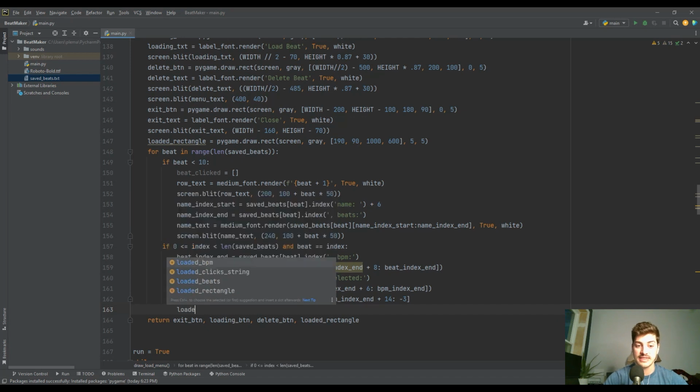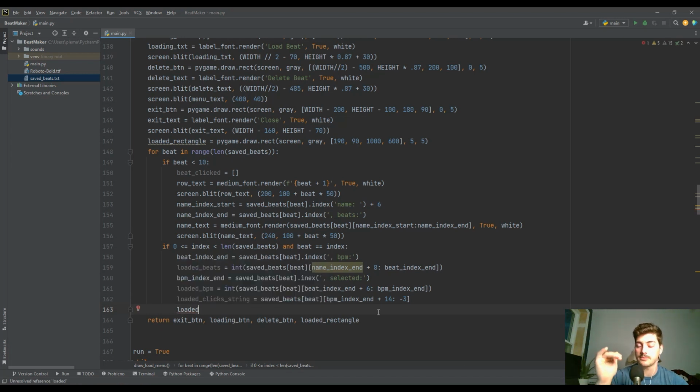Now we have to split that string into a list, and to do that we're going to use the built-in split function, but we have to tell it what to separate each list item on. So we're going to split it. We go down to loaded clicks, and we are going to call this now rows, because we have to split this twice, right? It's currently just one long string. We need to split it into a list of strings, and then we have to split each string into actual ones and negative ones. So to do that, we create this intermediate list, which will be loaded clicks rows, and